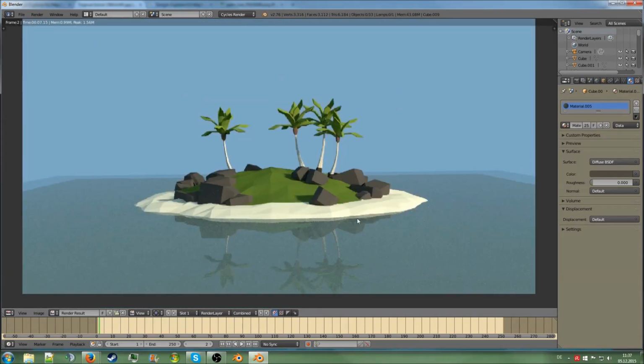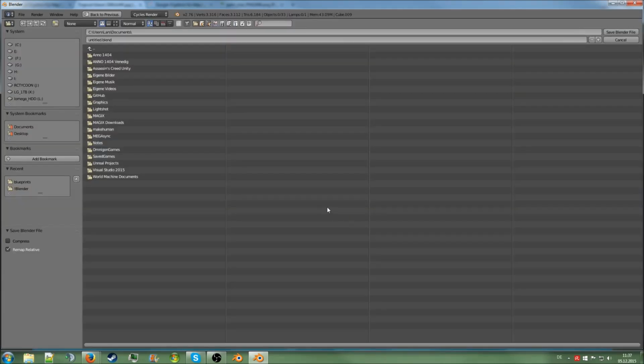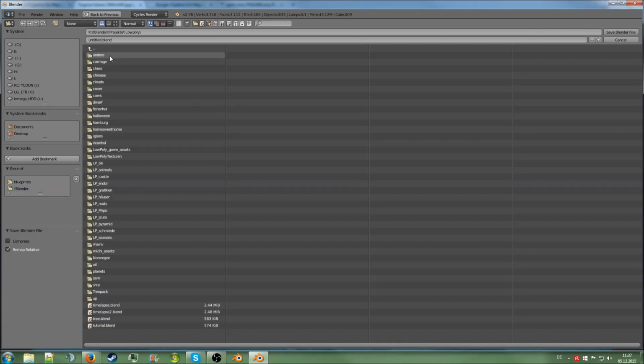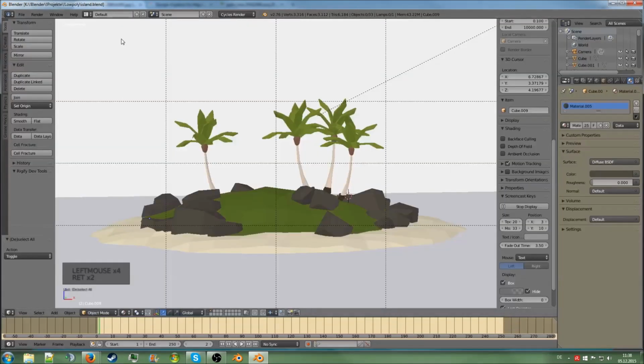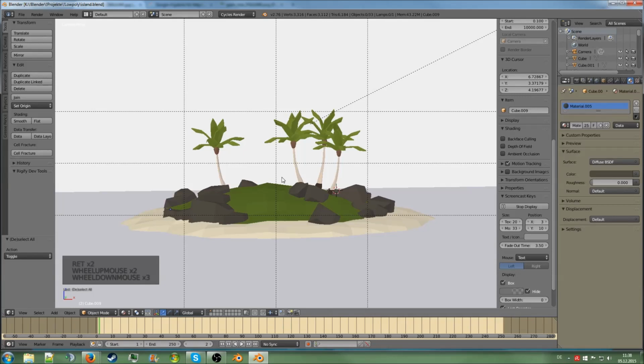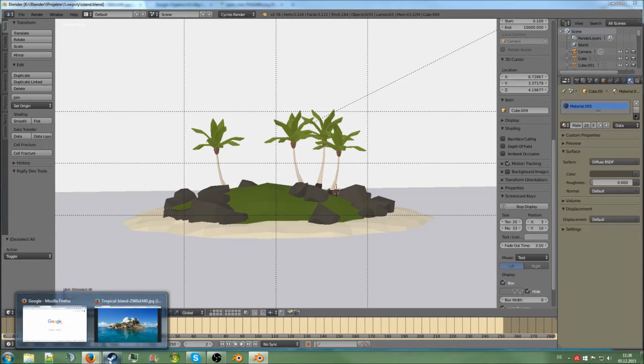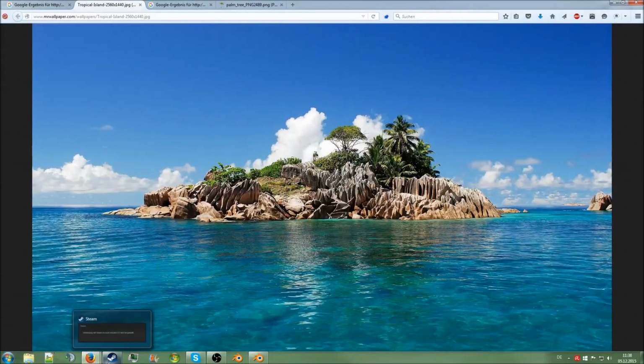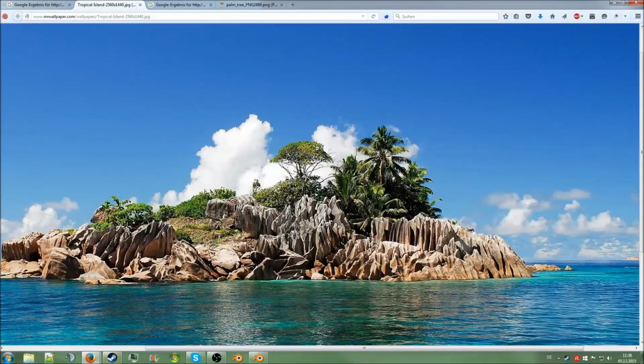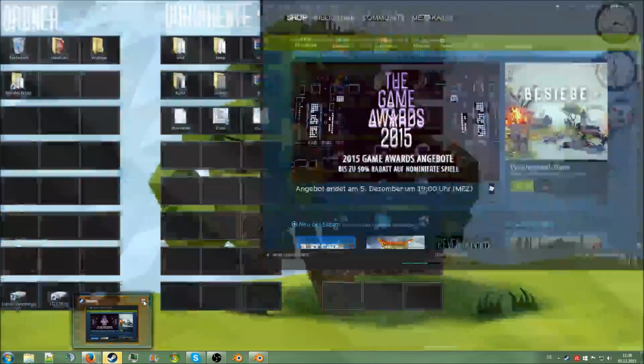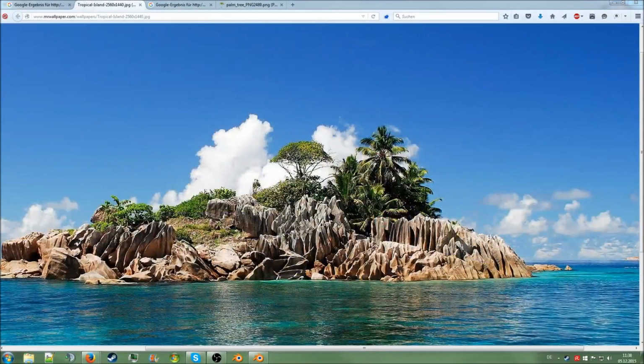Okay, now let's save this, because last time we crashed our tutorial, which wasn't that fun. So, project, LowPoly, Island. Okay. Let's have a look at the, not at Steam. Man. No, thank you. Okay. We have some bushes, we have some kind of, no trees. So we need to create those, and maybe some